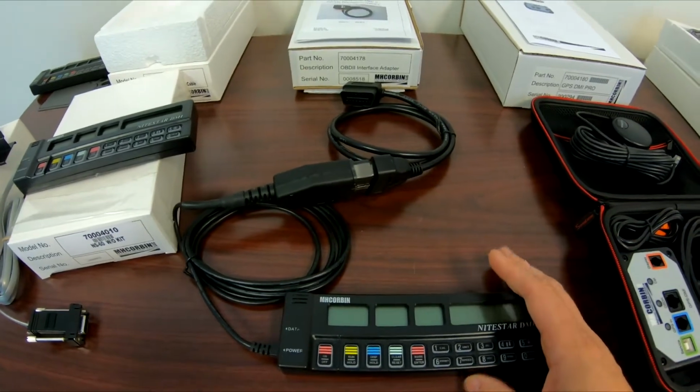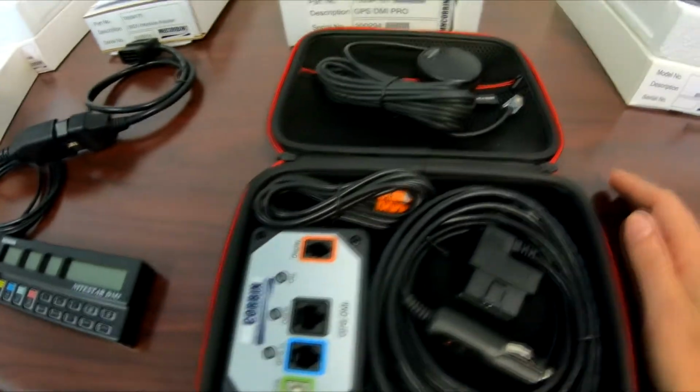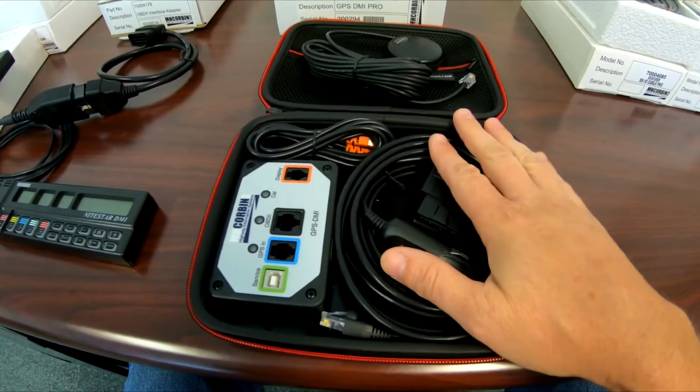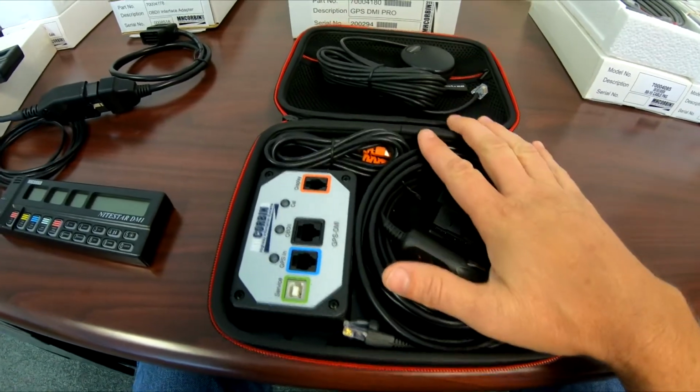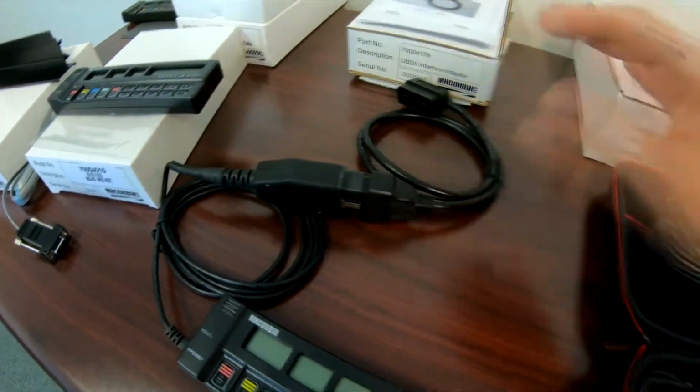Pretty easy to set up. However, if you have a 2018 or newer vehicle, we recommend the DMI Pro. So anything that's coming out nowadays from the factory, we have this kit, which is called the DMI Pro. And it looks a little different for the interface. This was a very simple, just a one cable and adapter interface. The DMI Pro is called the